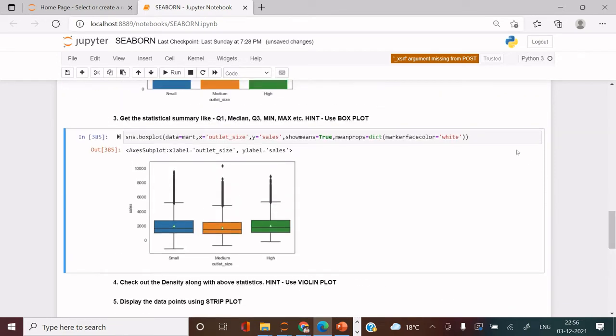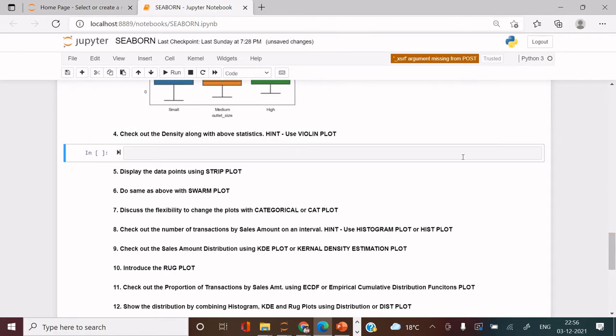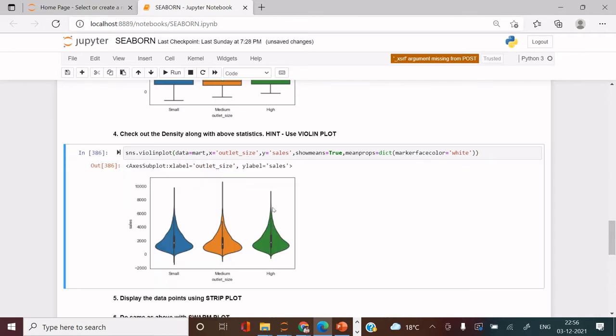Now if you want to see the same thing but in a different plot, right? It's a beautiful plot which you can use, violin, right? So let's say sns dot violin plot, and in that, let me paste the same thing, and here instead of box plot I will just change the plot type to violin plot. Now you have this, and in this you will get the box plot as well as the violin, which tells you the density. Now in the center, if you see, this is the box plot which is giving you the same information as we saw above, and here it is giving you the density of the data, right?